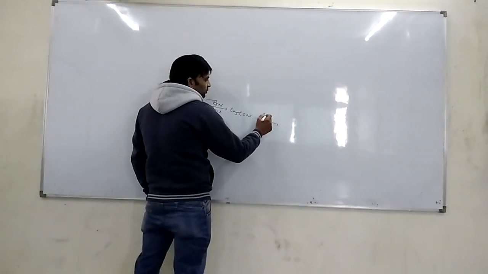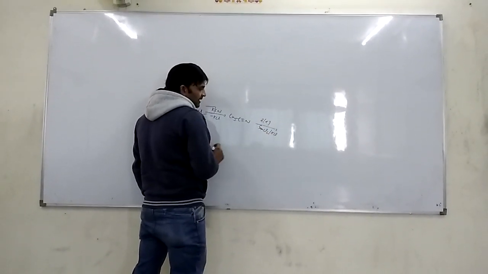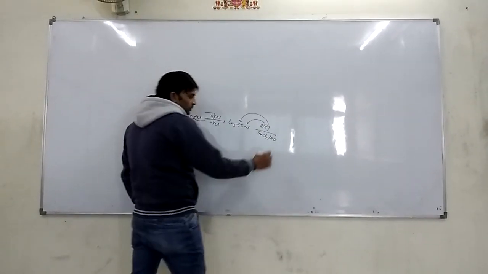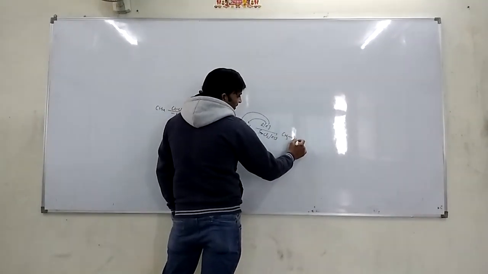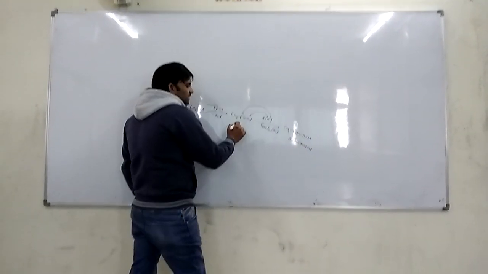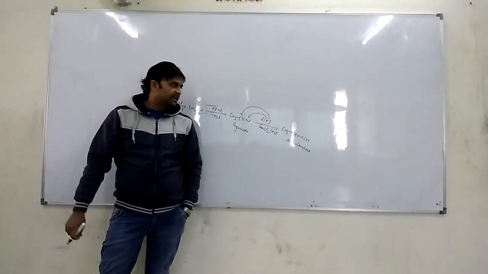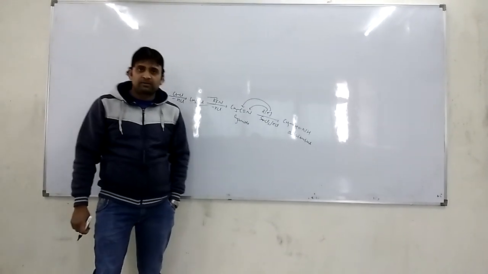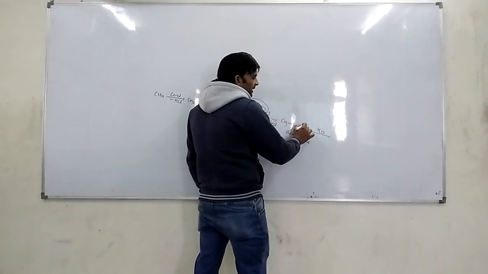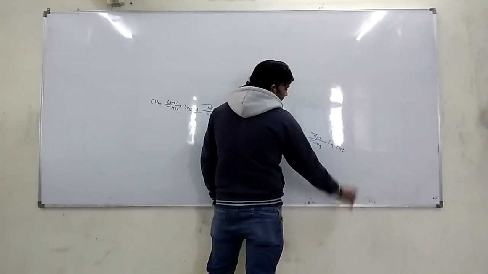If this cyanide is reduced with nascent hydrogen in the presence of SnCl2 and HCl, one hydrogen is attached to nitrogen and another hydrogen is attached to carbon. That means it is converted into CH3CH=NH. This is called aldimine. When a triple bond is present between carbon and nitrogen, it is called cyanide. When a double bond is present between carbon and nitrogen, it is called aldimine. If this aldimine is treated with water, it will release ammonia and be converted into CH3CHO.